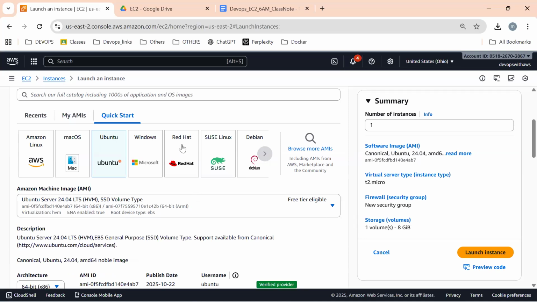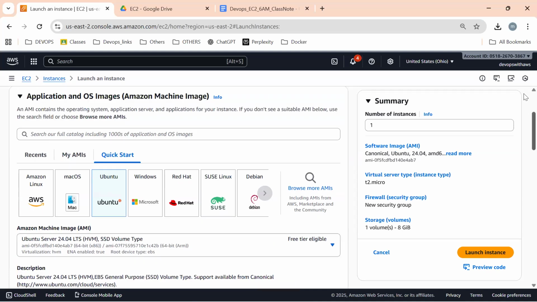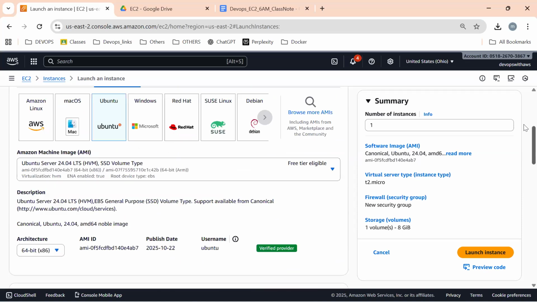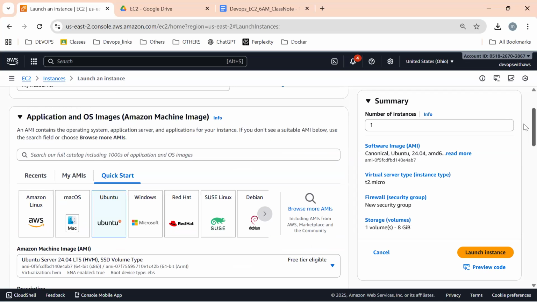We can choose Red Hat, Amazon, Debian, or any other machines.